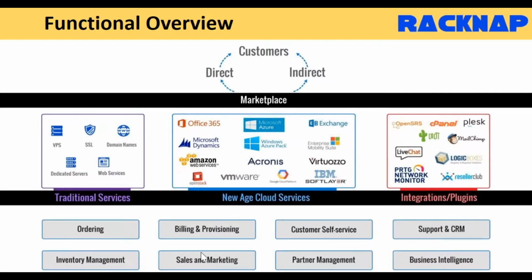Inventory management capabilities are enabled. For sales and marketing, you need to be able to track all your sales leads coming in, and also be able to convert them, track that full life cycle and all of that. And it's very important to have that fully aligned. And then partner management, as I mentioned, RackNap also caters to the needs of the B2B segment, whereby it can help channel partners come in and use the platform to sell to end customers. And also, another important thing is the channel partners do get a marketplace for them as well.